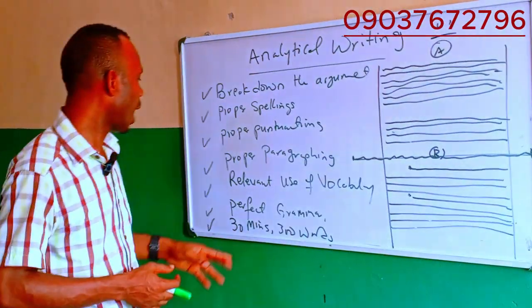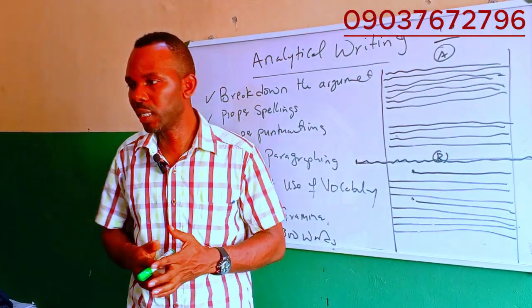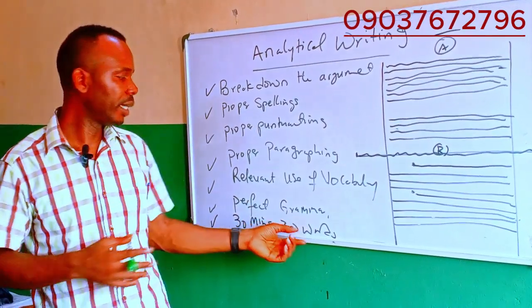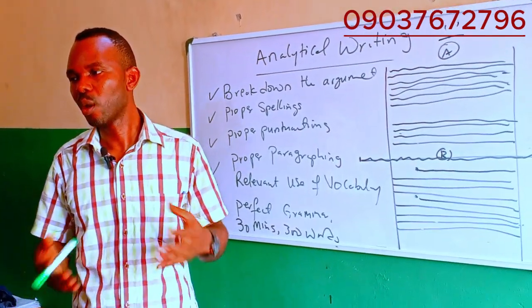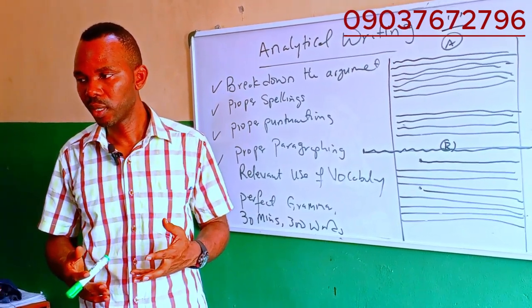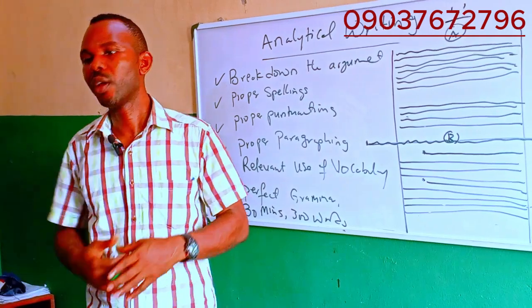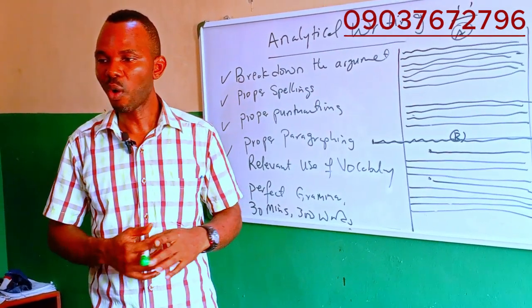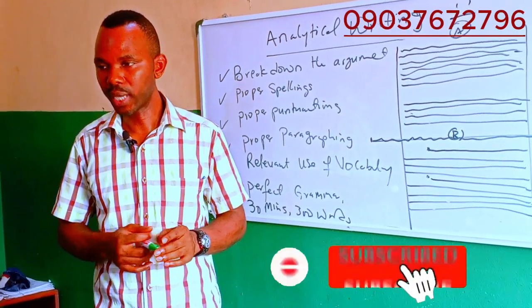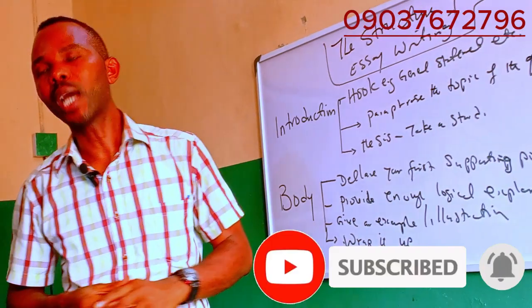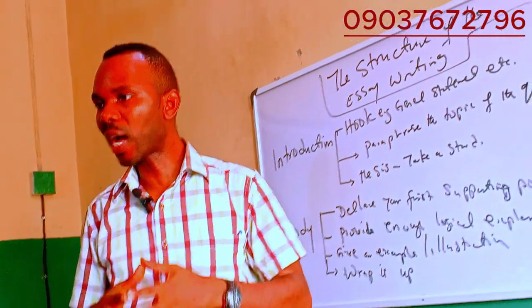Then lastly, you will have 30 minutes actually for this, your essay. It's 30 minutes. Now, the word limit is not really so pronounced, but you should ensure you write around 300 words. All right. So 30 minutes to about 300 words. So this is just the general overview of the analytical writing, specifically analysis of an issue. All right. The analysis of the issue task,